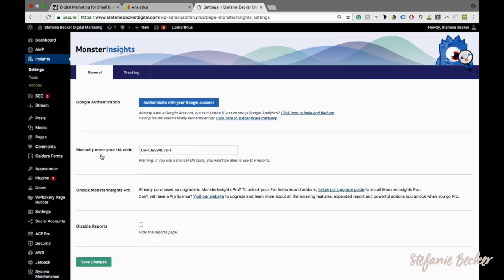Now there are two options: to authenticate your Google account or manually install your UA code, which both accomplish the same thing. You can really only do one or the other, but this is how we're going to connect the plugin to your Google Analytics account. So I am going to choose to authenticate my account using this button right here. The reason that I want to do that is because then I have access to more reporting within this plugin. So you're going to want to click authenticate your Google account,